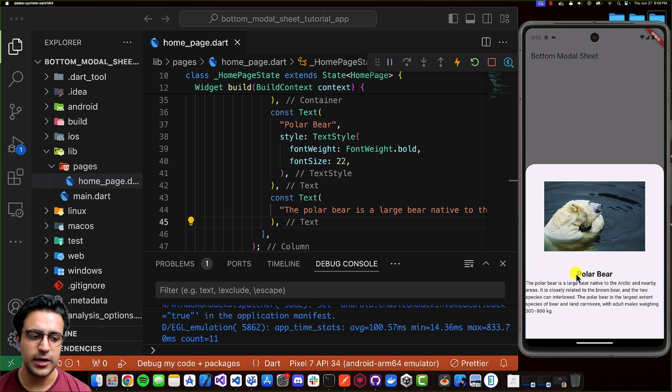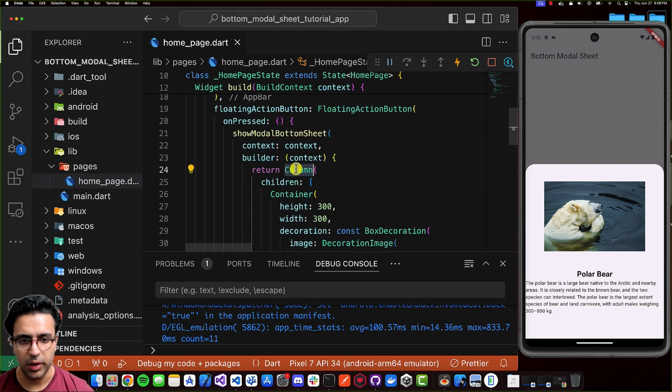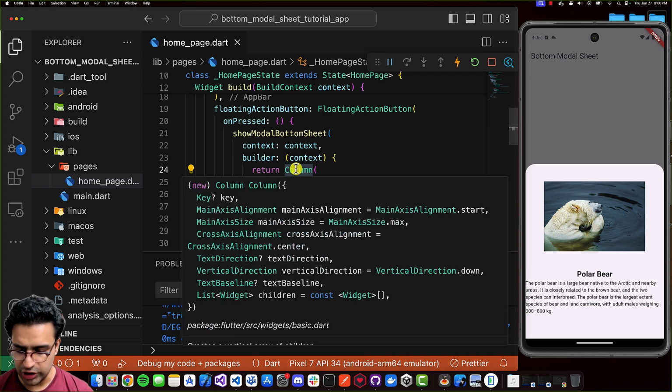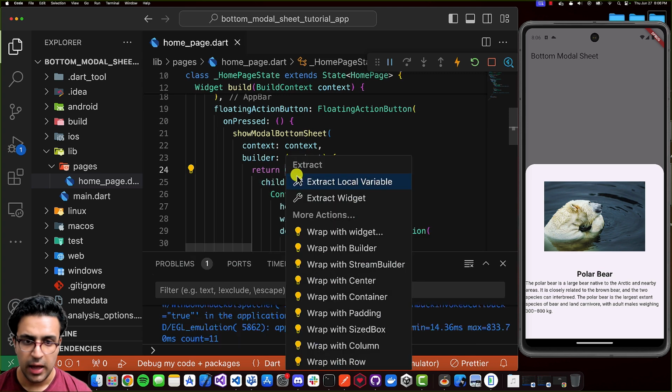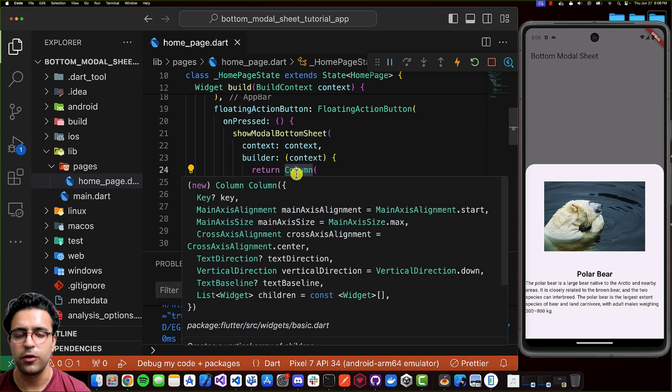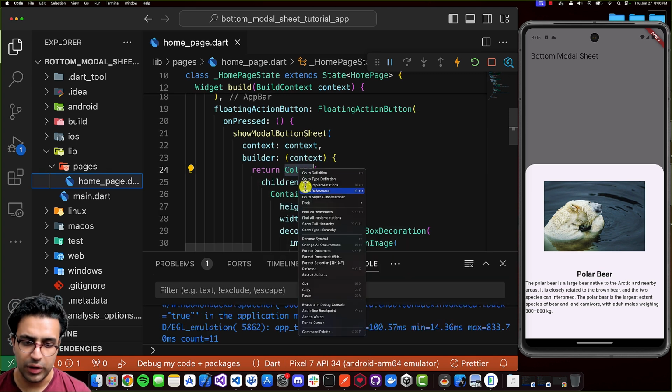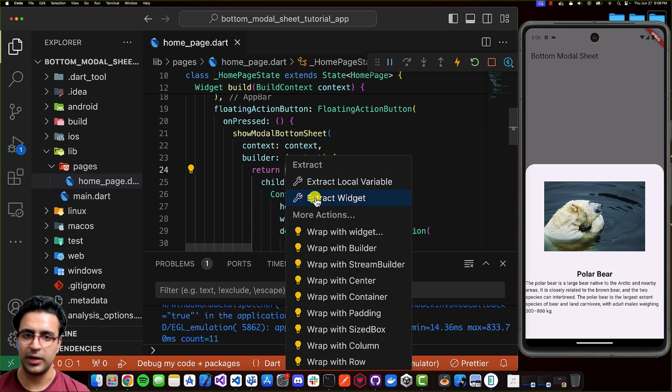One issue that I can see here is that the text is taking all of the space and it's going to the edges of my actual sheet. And what I'd like to do is maybe add some padding from the sides and the top so that the actual content doesn't go to the very edges. So for that, what I can do is come to my column, and then I'm going to wrap this with a widget, and you can do Control-Shift-R on Mac. I believe it should be Command-Shift-R on Windows, and this should open the refactor menu if you have the Flutter extension installed. Otherwise, you can right-click and do refactor here as well,